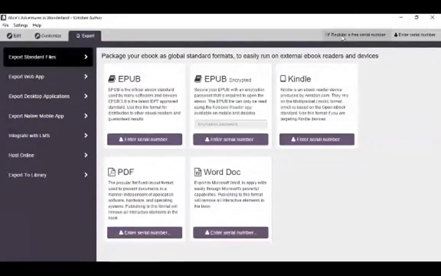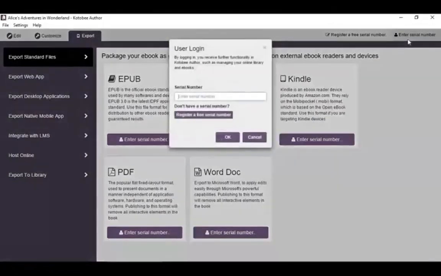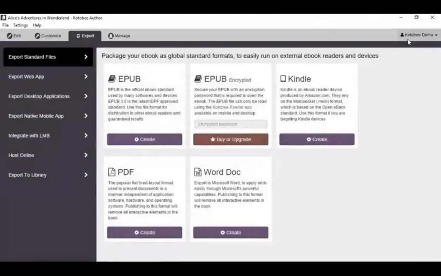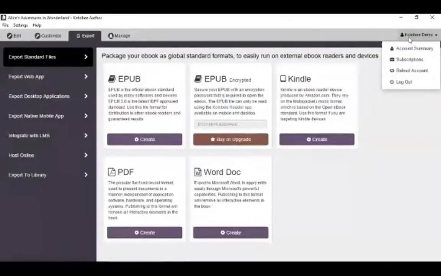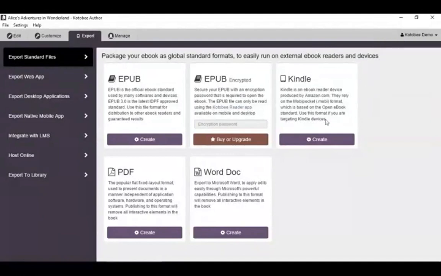Here, this is the time. Register a free serial number. As we have already registered, we received an email, we validated our email, and we received the serial number. To export in any of the extensions, we do need to enter the serial number. Just open your email and add the serial number, and here it's done. Now you are a registered member of Kotobi author, and you have account summary, subscriptions, and reload account. All the information is available over here. Now you're eligible to export your ebook